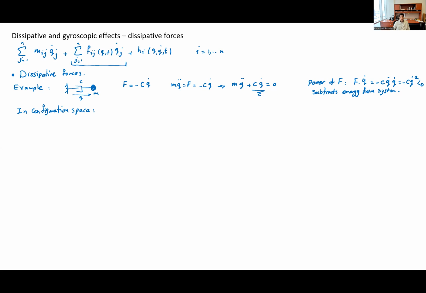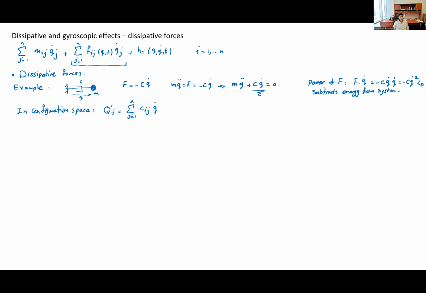They change the total energy of the system, and in this case always extract energy from the system. So they are not conservative, and we have to include them as additional non-conservative forces in the equations of motion. And if you recall, we denoted them with some Q prime i, which, if it's a dissipative force, is going to have such a form,